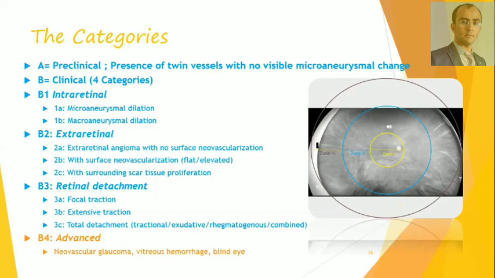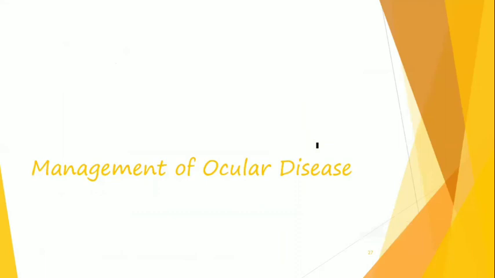So this scheme appears to be more clinically useful, and may be very helpful in deciding the treatment plan. It is more reproducible and more useful clinically, and perhaps more useful and reproducible in research settings as well. So for the management of retinal diseases,